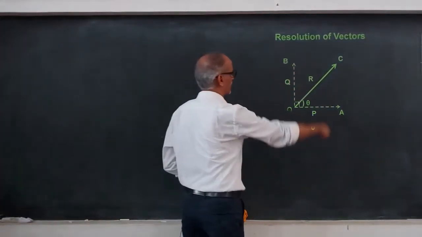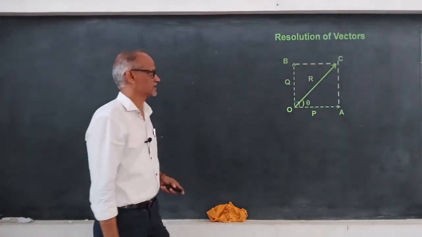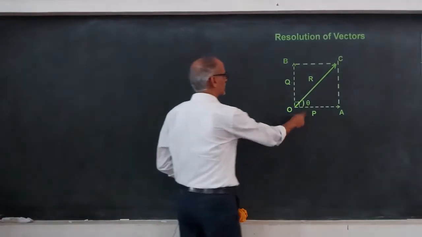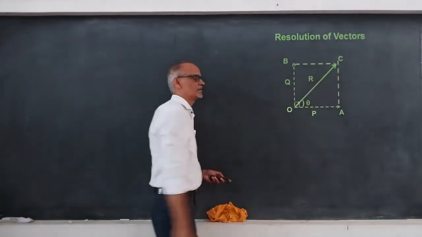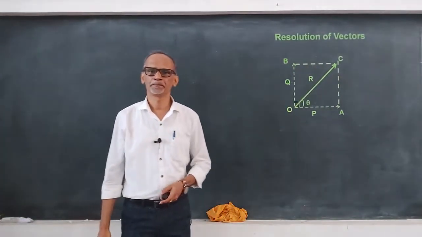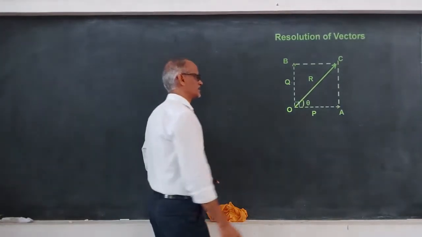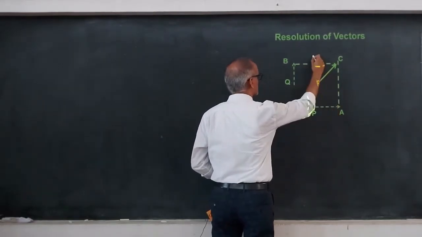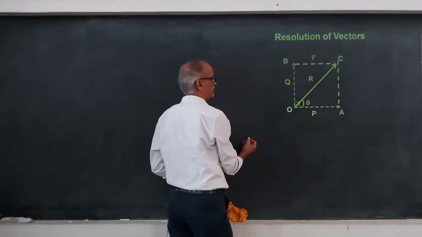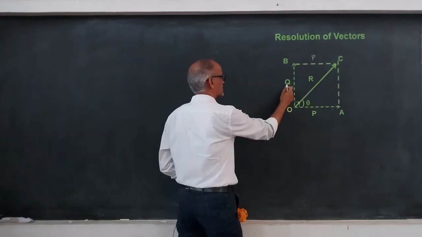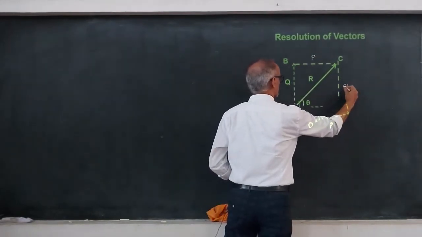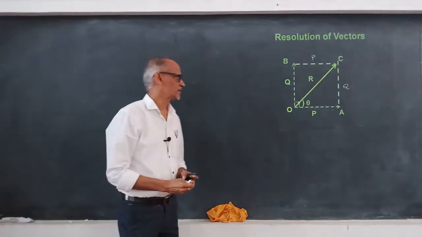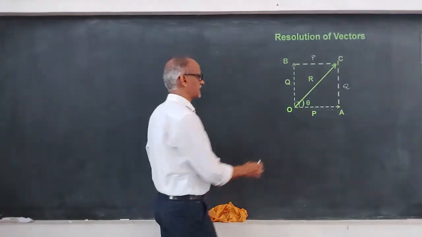Now to find the relation between P, Q, R and theta, first I am going to construct here a square or a rectangle like this. I have constructed. Okay. If P and Q are equal, then we get a square. If they are unequal, then we will get a rectangle. Are you clear? Okay. Now see this, it's very easy. So if this side is P, even this side is also P here, correct? Yes. If this is Q, even this side is also Q. Got it?